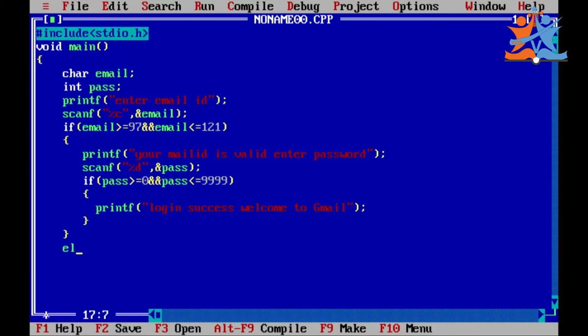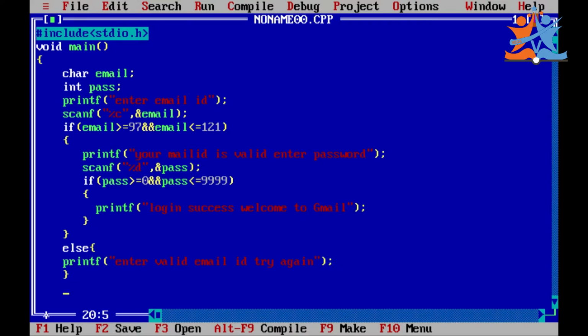Here, if all these elements are wrong, nothing but the email ID is wrong, we need to get a message: printf enter valid email ID, try again.